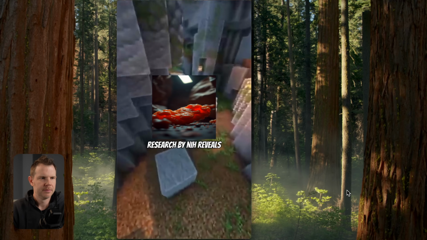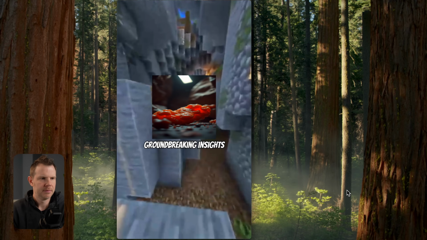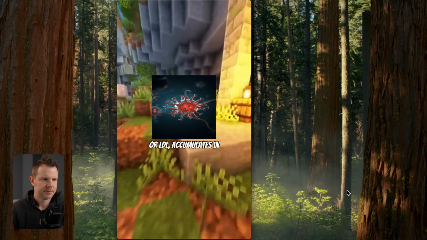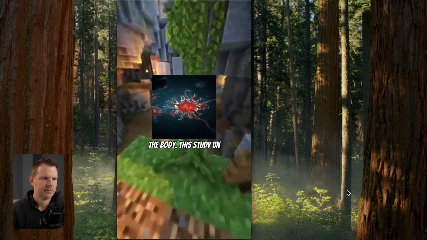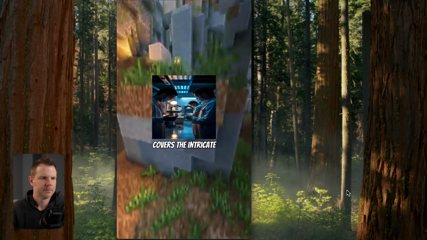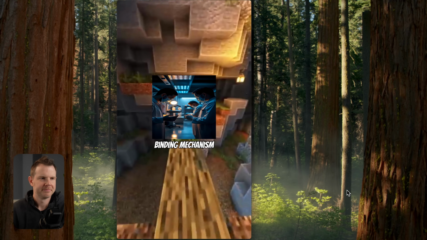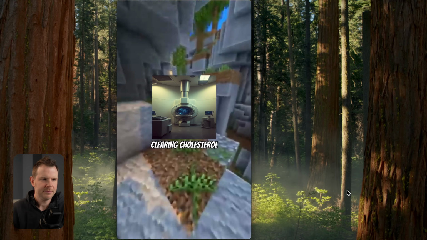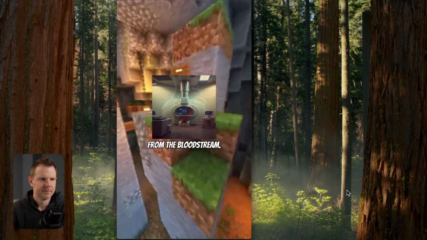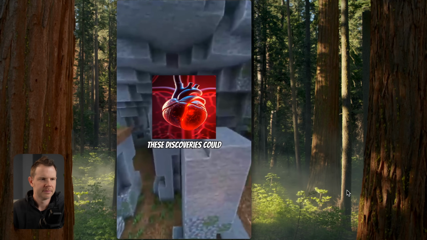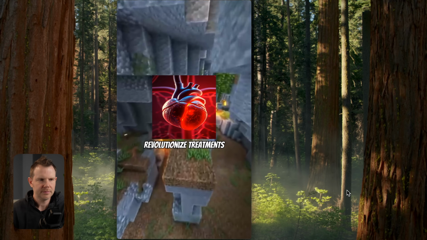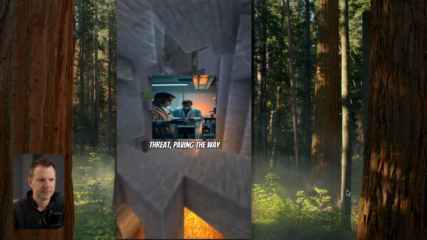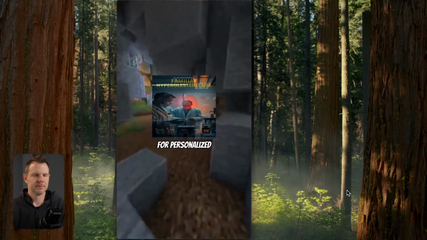Investigating new research by NIH reveals groundbreaking insights into how bad cholesterol, or LDL, accumulates in the body. This study uncovers the intricate binding mechanism of LDL to its receptor, a crucial step in clearing cholesterol from the bloodstream. These discoveries could revolutionize treatments for cardiovascular disease, a leading global health threat, paving the way for personalized approaches